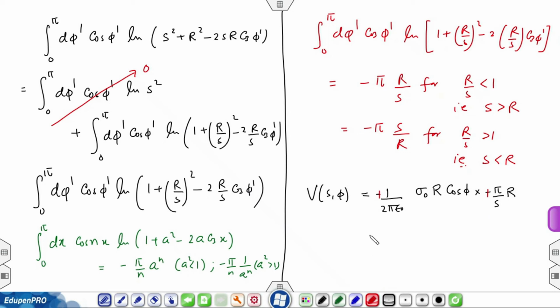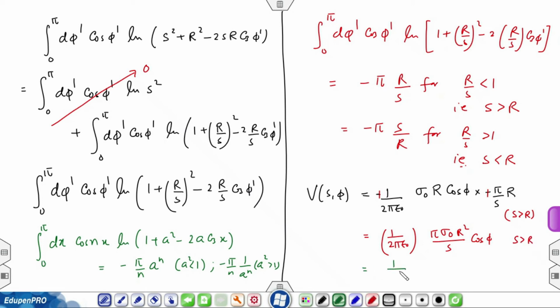This is for s greater than r. So, I get 1 over 2 pi epsilon 0 pi sigma naught r square over s cosine of phi for s greater than r,